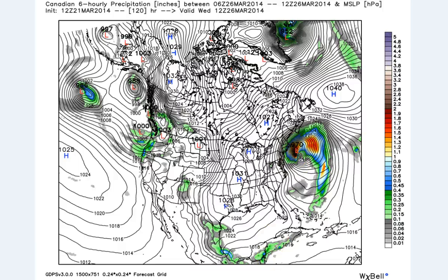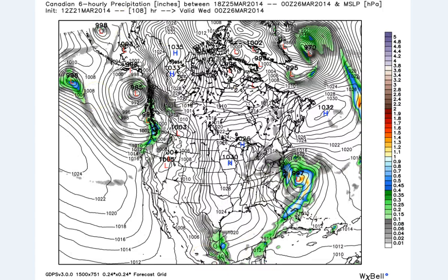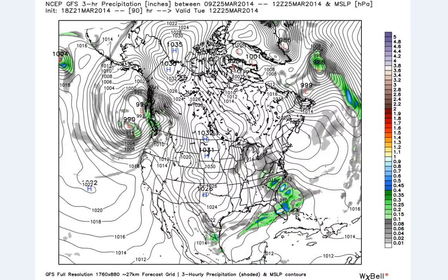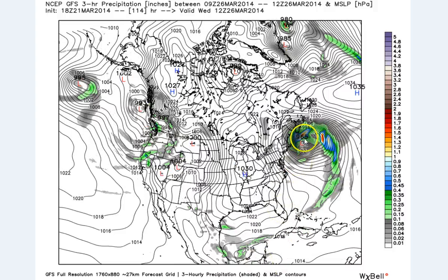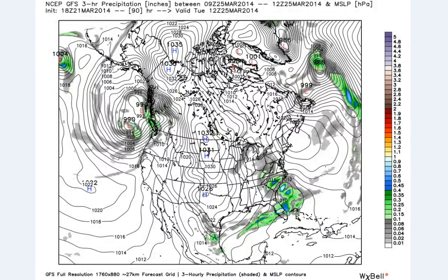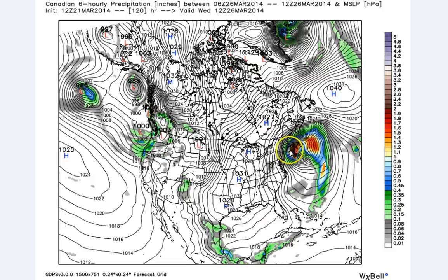And there's our storm. And now, I'm not saying this storm is going to be coming from down here and then coming right up the coast like a big blizzard for everybody back in here. I'm not seeing that happen as of right now. Certainly be monitoring things, but I think it's going to be further west. Now, let me show you, though, the GFS and the difference. Now, they're pretty much the same at 12Z Tuesday, but now it starts to go further east because of the more progressive nature. And you can see here it's well east of Cape Cod at 12Z Wednesday,